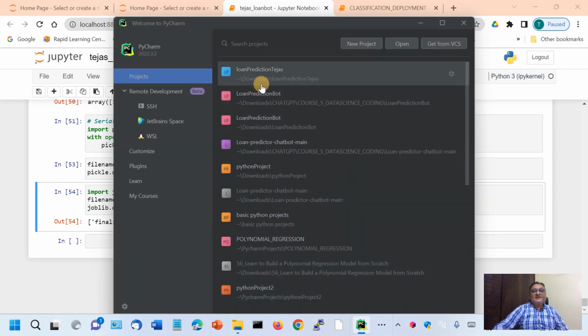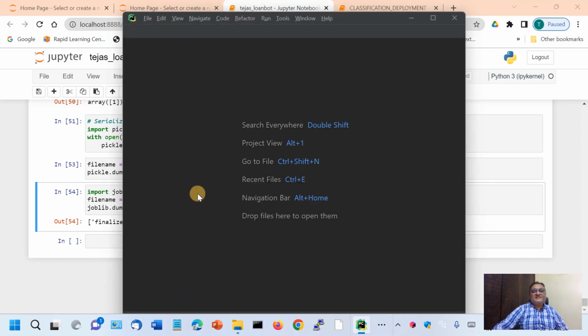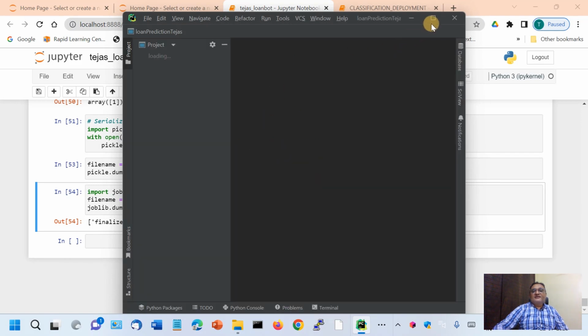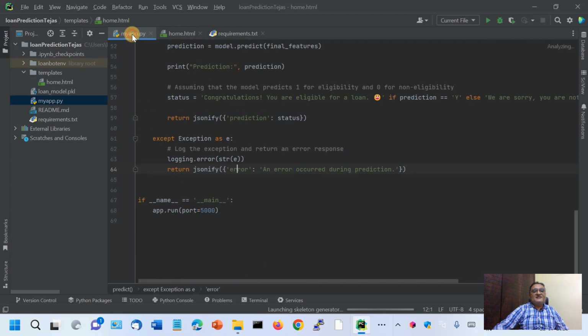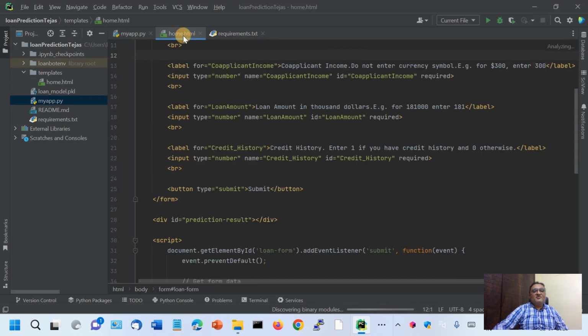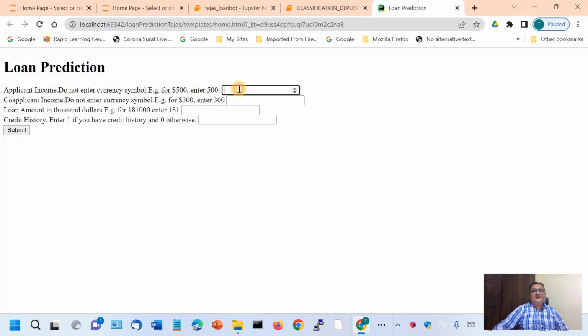So we will develop one such project, and in that project this will be the loan model dot pickle, and we will create a Flask app like this, and create this kind of user interface. If I run this, then I can enter those values,